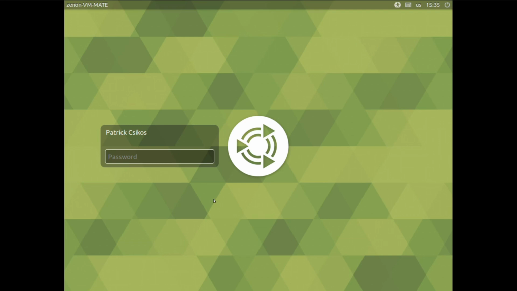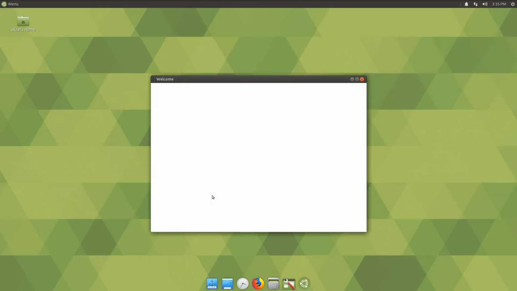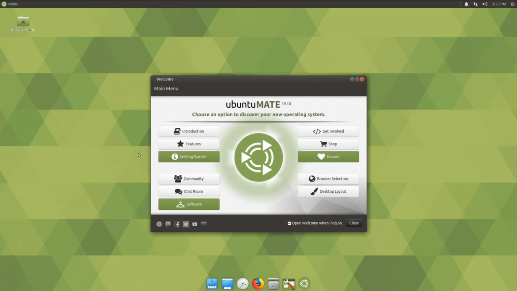Today, we are taking a quick look at the Ubuntu Mate 19.10 beta. I've done several takes of this video. The first few were kind of just reading over the blog post that Martin Wimpress put out about it, which I am still definitely going to acknowledge in this take because it's very thorough, but we'll get to that in a moment. So, Ubuntu Mate, it's not an Ubuntu flavor that I've covered on the channel before, but it